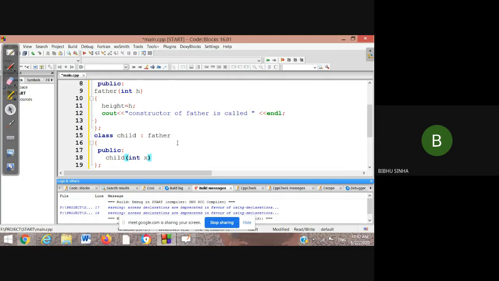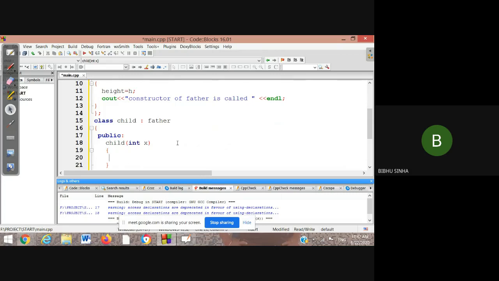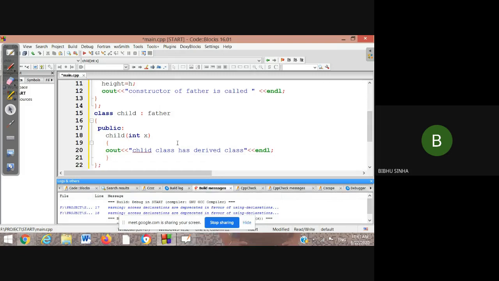And here I have to pass the data, because I have the integer data. I am taking the index. Now here I am calling this one, and we are going to print some message. Here I say, hey, this is the child class, or derived class. I will say derived, not destructor. Sorry for the blunder, this is not a destructor, this is a constructor, right? And that's it. That means we are going to implement this constructor.